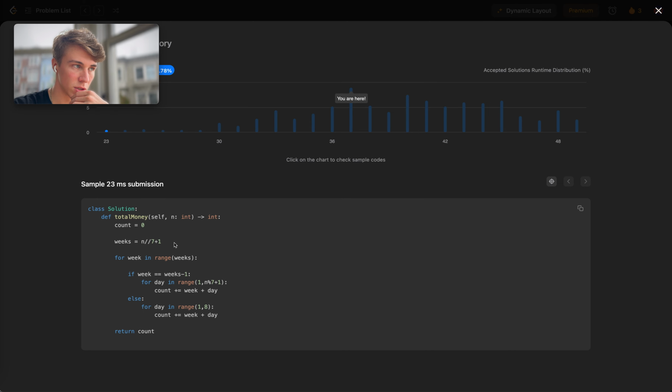The number of weeks is just going to be, if n isn't fully divisible by 7, then it's going to show an extra week. And then for week in range of weeks, if week is equal to weeks minus 1,